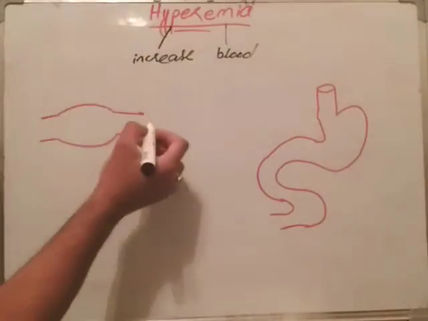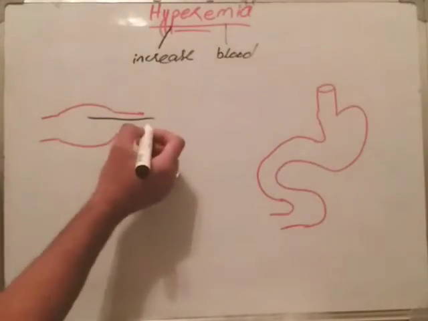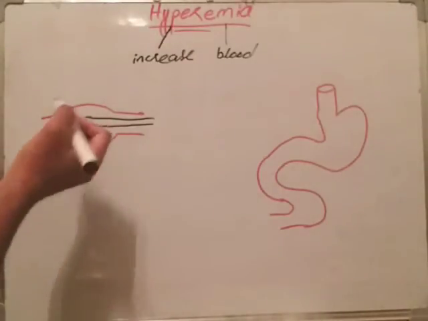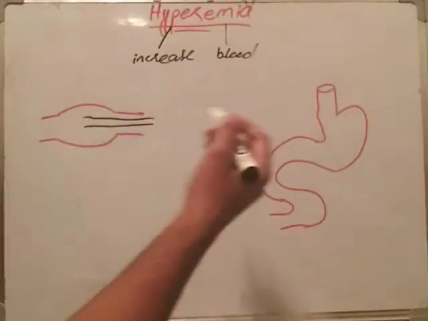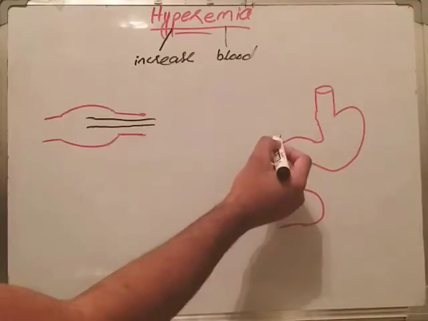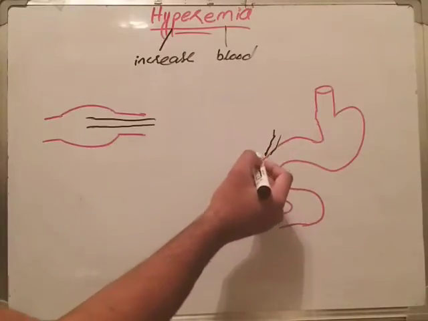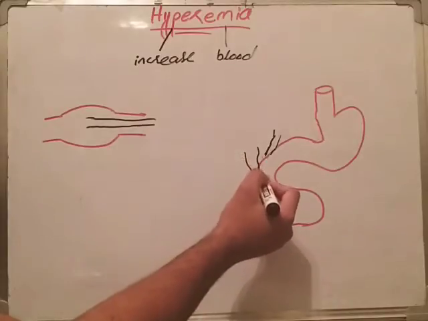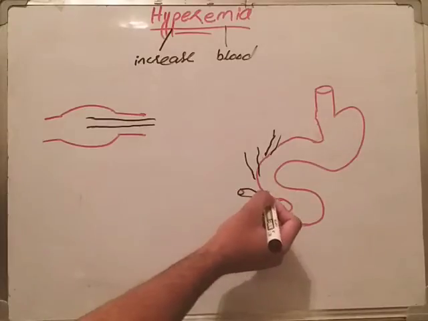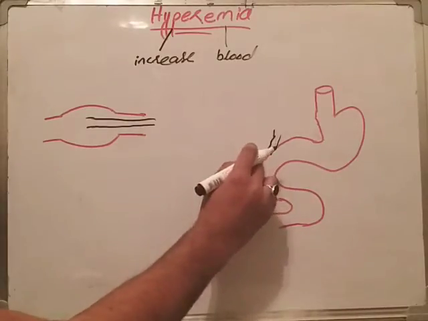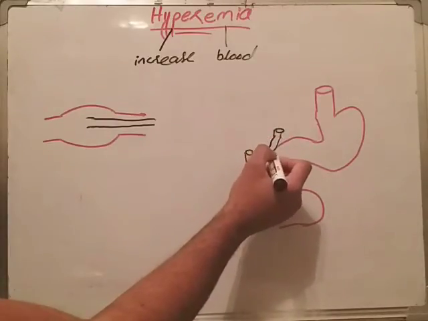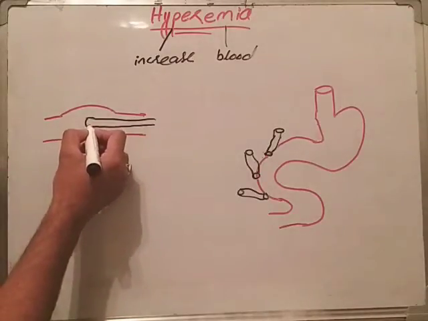So for example, here are the blood vessels which are providing blood supply and nutrition to the tissues or muscular tissues, and here also the blood supply is providing blood to the GIT system, or somewhat like that. So these are the blood vessels providing blood supply to the GIT system.